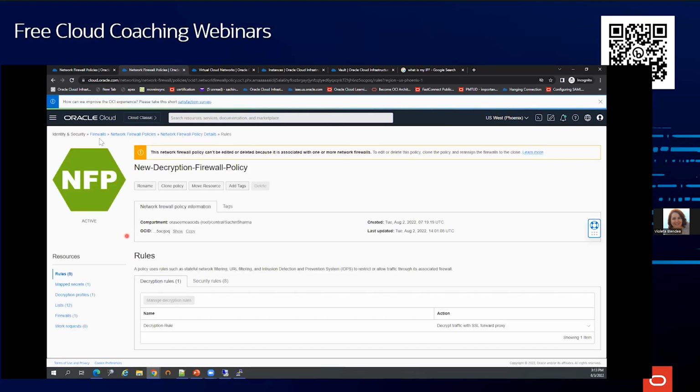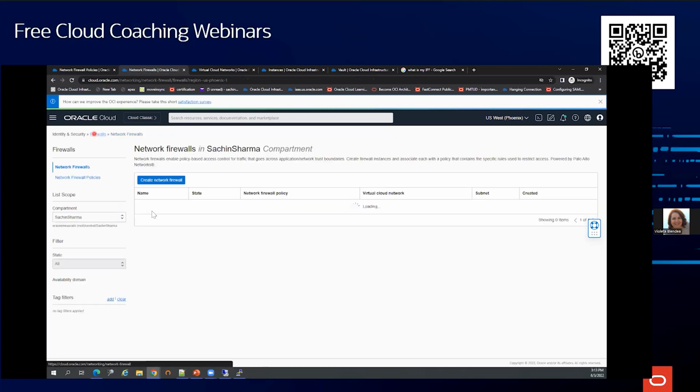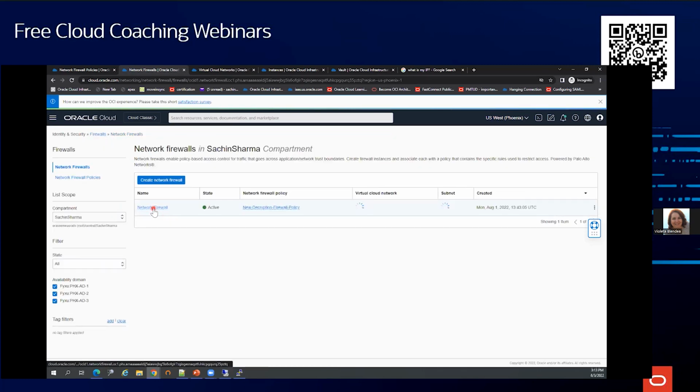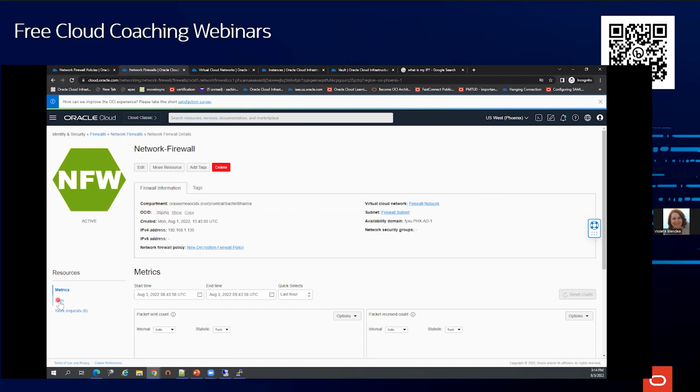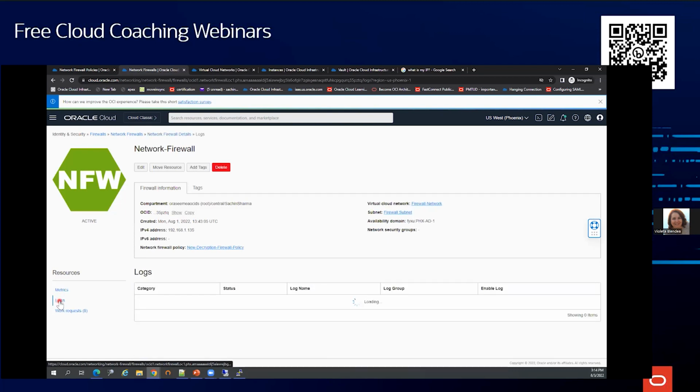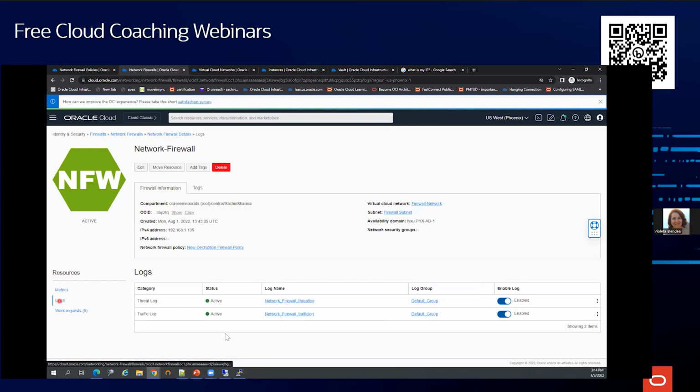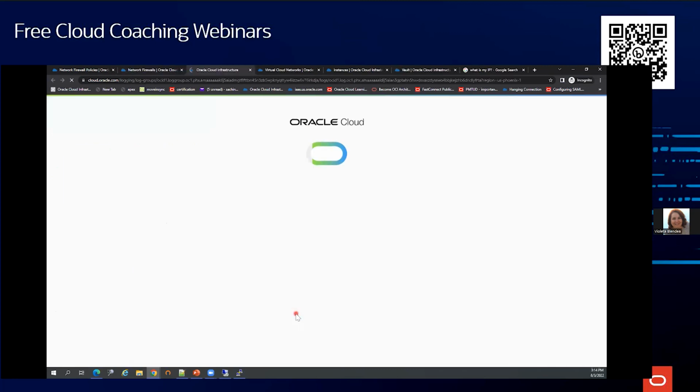Okay. So if I go to firewalls over here, network firewalls, and click on network firewall, you can see a log section. I have told you our service is associated with OCI logging also. Here you can see the log. There will be both logs, the threat log and the traffic log. We have not set the threat log yet, so we are going for the traffic log to see whether traffic is going through this firewall or not.